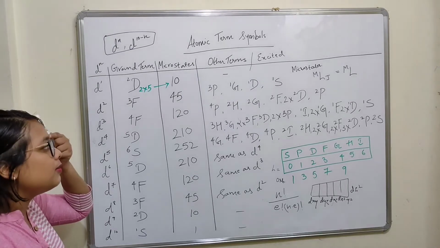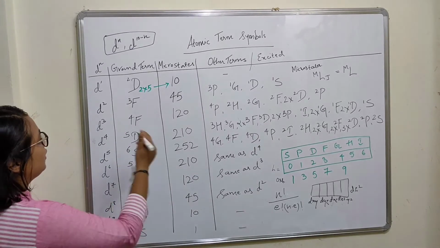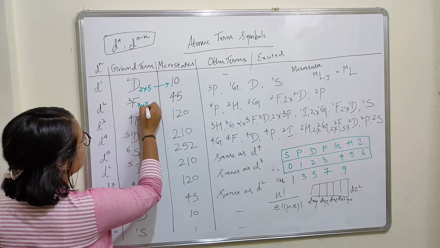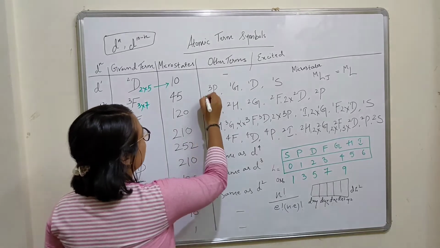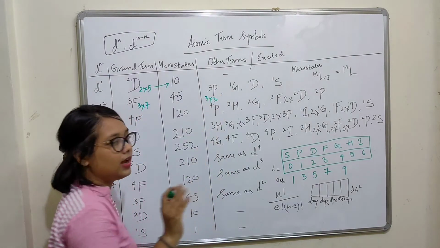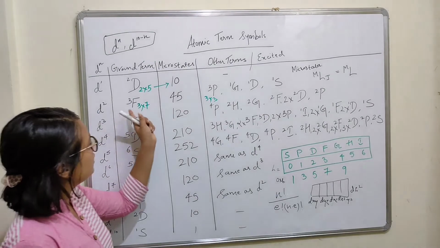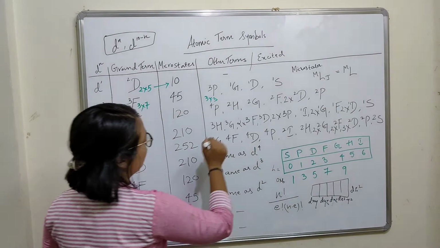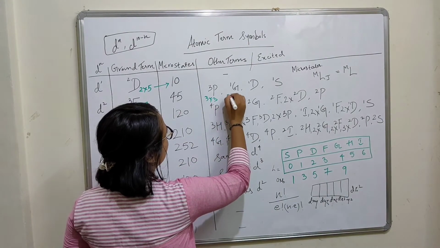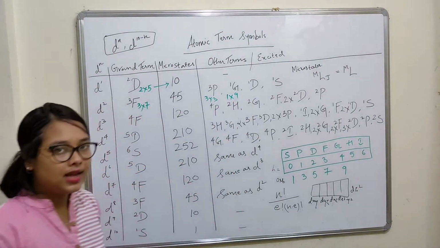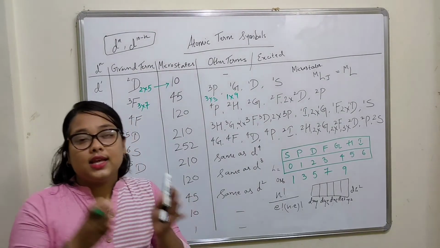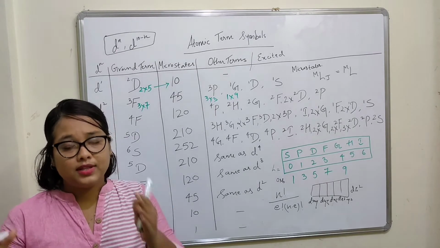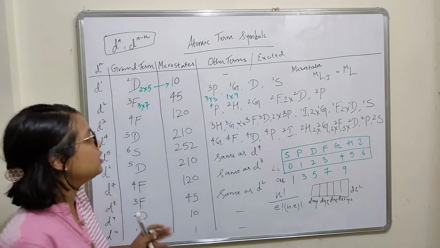Now let's go ahead. The calculations will be a bit more confusing, but we'll do it. So here what do we have? 3F. So 3 into 7, since F orbitals are 7. Try to understand it very slowly. I'm solving this entire configuration with you. Then 3 into 3, since P has 3 orbitals. The next is 1 into 9, since G has 9 orbitals. Now orbitals and the occupancy are two different things. For example, for F, the number of orbitals is 7, but the total occupancy is going to be 14. So just remember that.